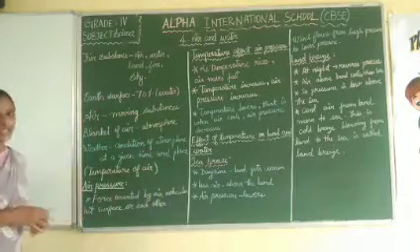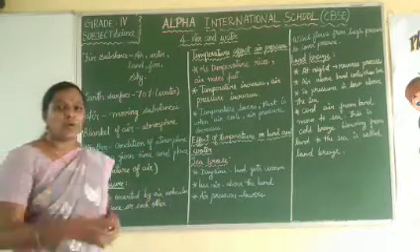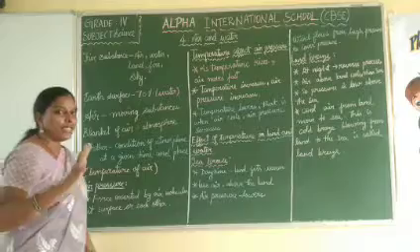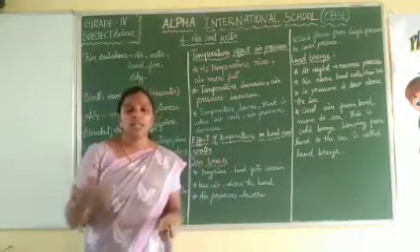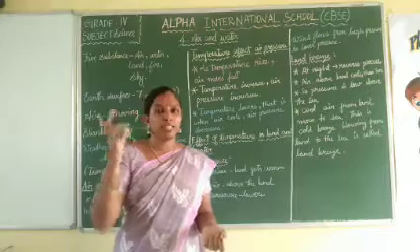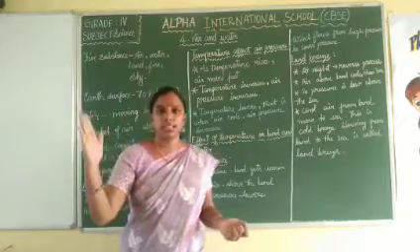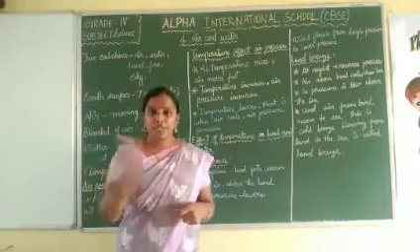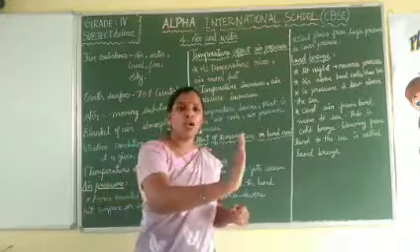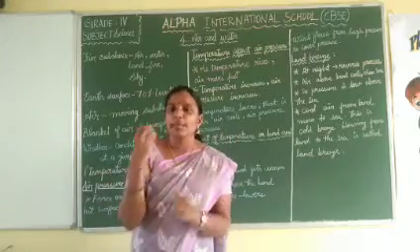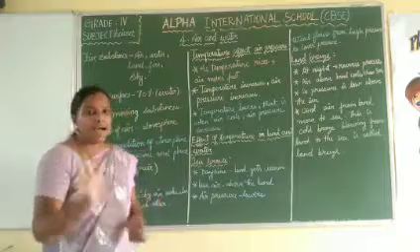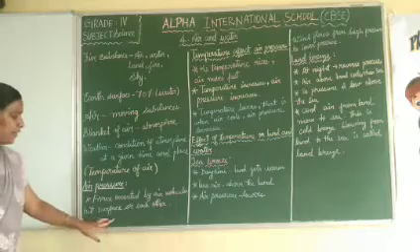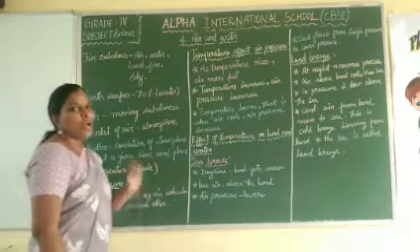Then what is air pressure? Air pressure is the force exerted by the air molecules hitting a surface. If you are in a house and there is wind, you can hear buzzing sounds. That is nothing but air pressure. The air molecules hit the wall or a window, the particles vibrate, and that produces sound. So the force exerted by air molecules hitting a surface or each other is called air pressure.